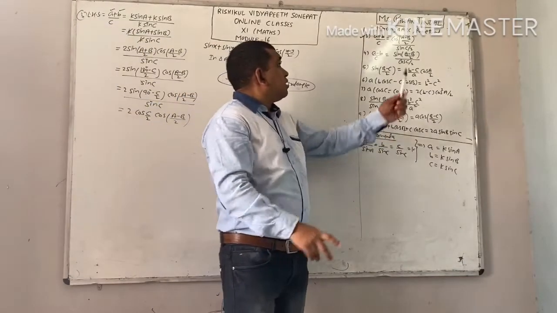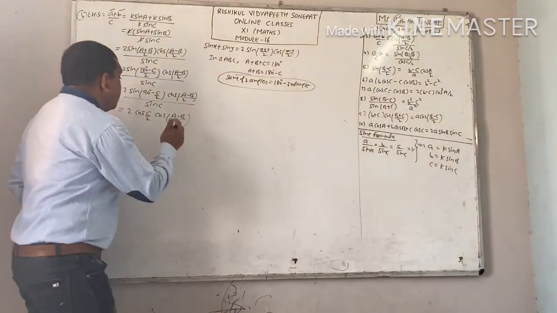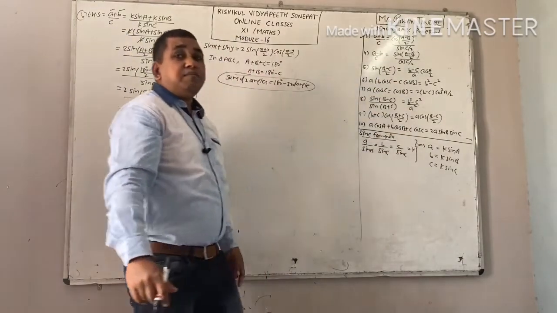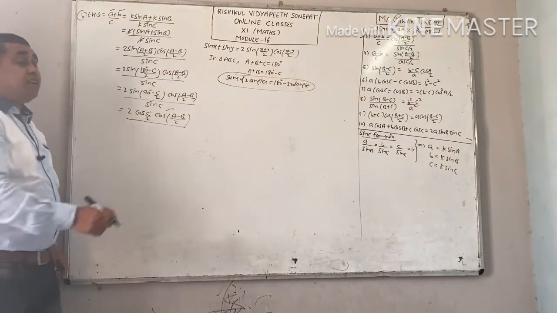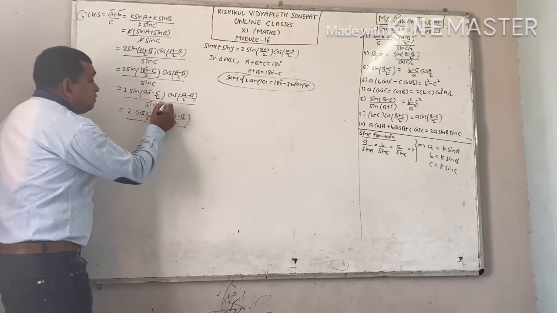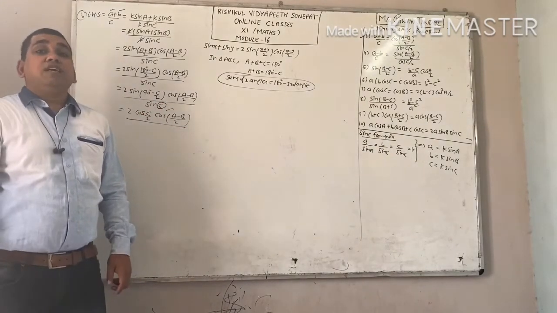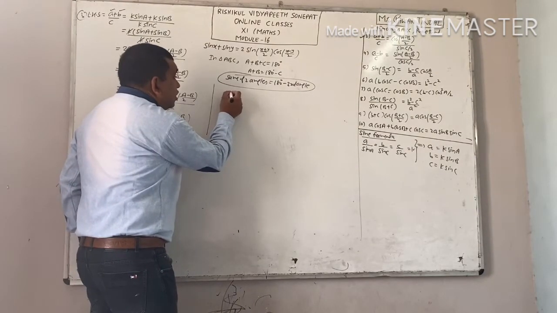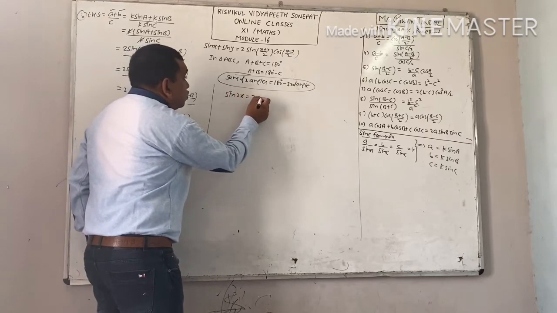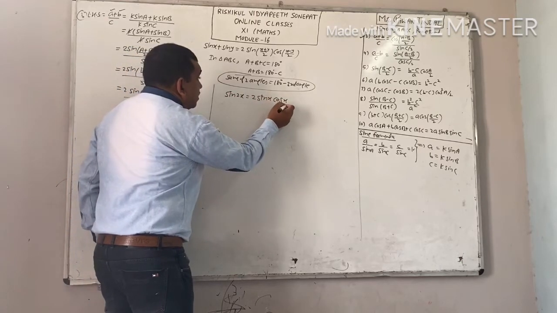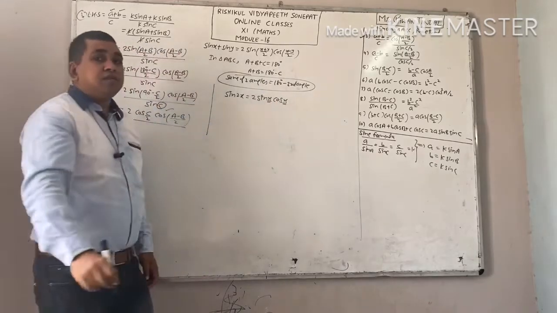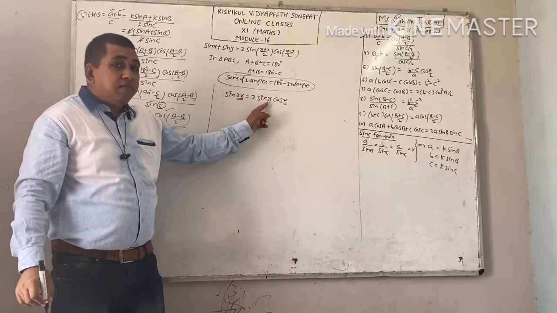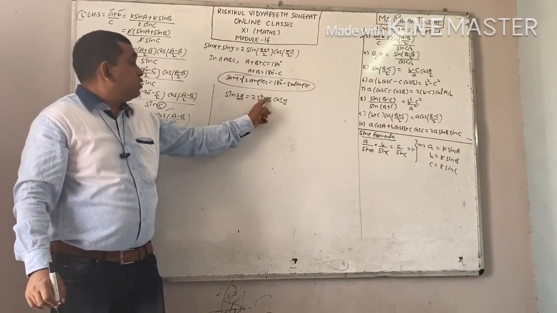Now see your answer, what you have to prove. You have to prove your answer is cos((a minus b) by 2) divided by sine(c by 2), and we already have cos((a minus b) by 2). But in the denominator we have angle c, while in the answer we require c by 2. That's why you will apply the half angle formula here. I told you the formula: sine 2x equal to 2 sine x cos x. Means the angle will be halved. On the left hand side the angle is 2x, but on the right hand side it becomes half, half of 2x, that is x.